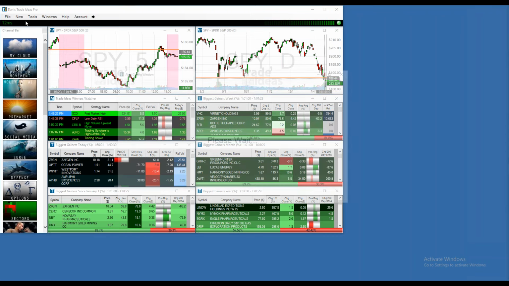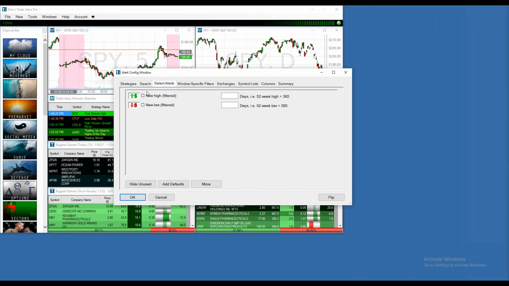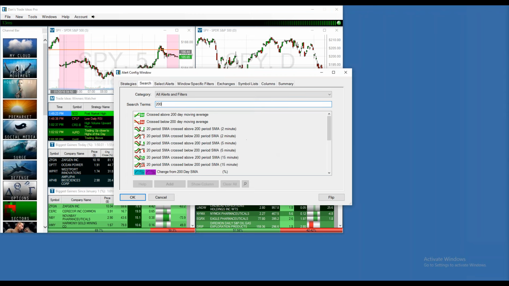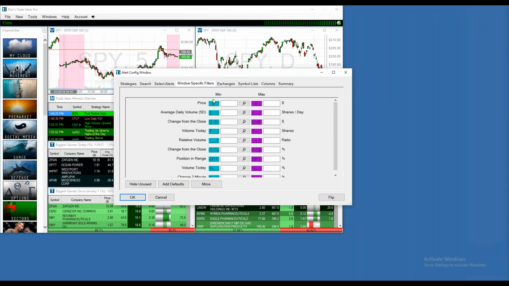So I could basically create an alert window. I can search for something like an inflection point, the 200-day moving average. I can look at this alert and say, okay, show me when a stock is crossing the 200-day moving average between, let's say, $10 and $50, and let's say its 5-day average is 1 million shares a day.